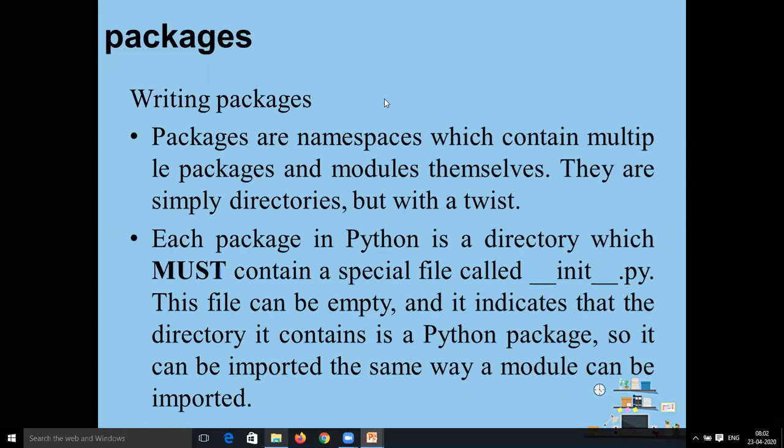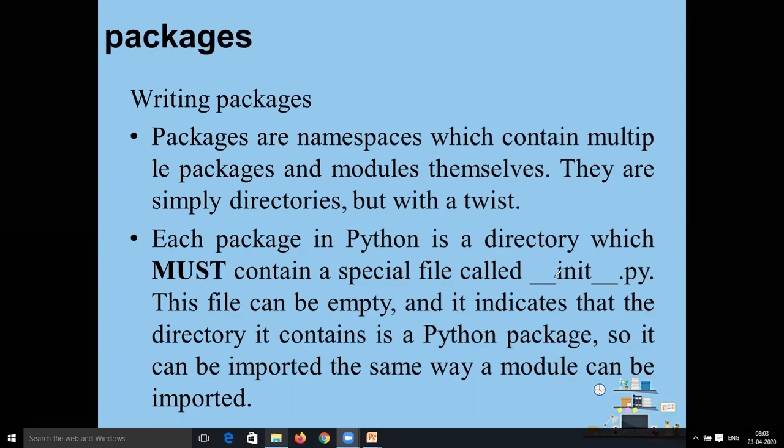There is one more term, that is package. So what is a package? Packages are namespaces which contain multiple packages. A package may contain packages inside itself, and modules also. They are simply directories, meaning folders, but this folder must have one file, and the name of that file is __init__.py.